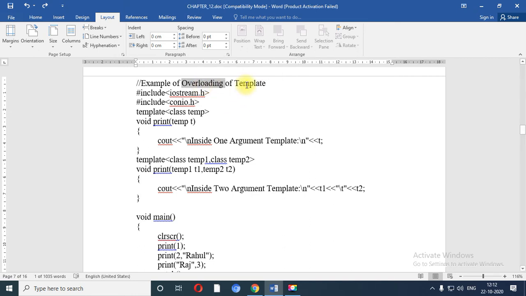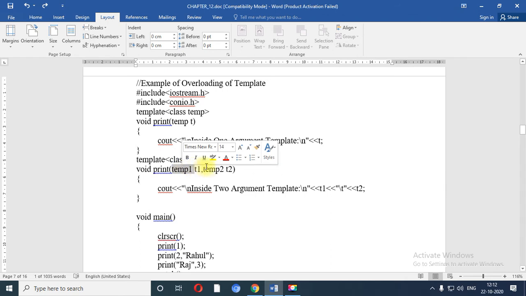What is template overloading? Before understanding the concept of template overloading, you need to know what overloading is, which contains the same function name, same return type, but the argument list would be different. For the first time we are having only a single argument, for the second time we are having a 2 argument list, right?